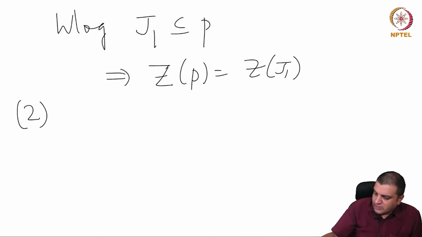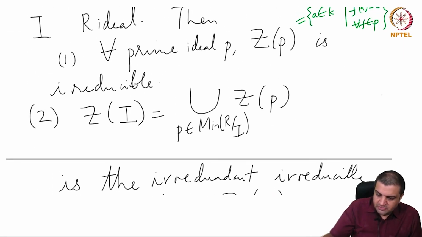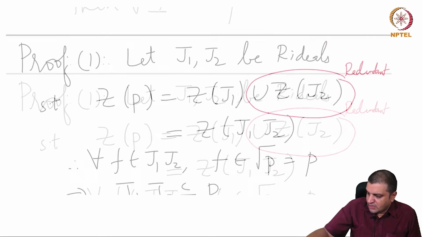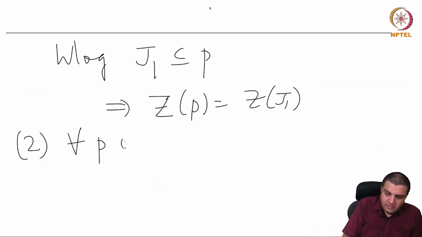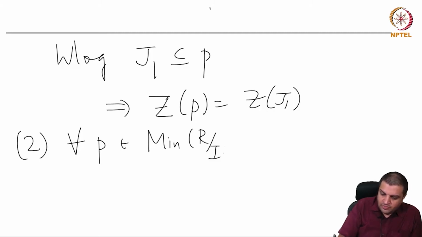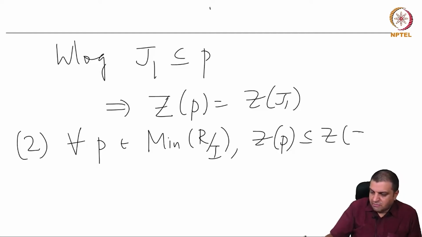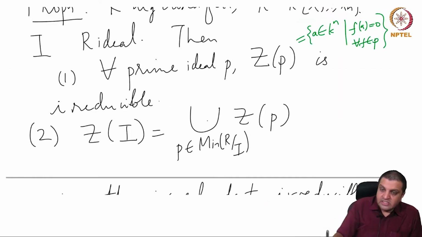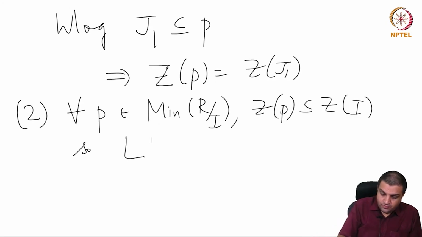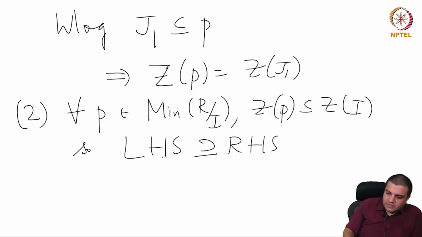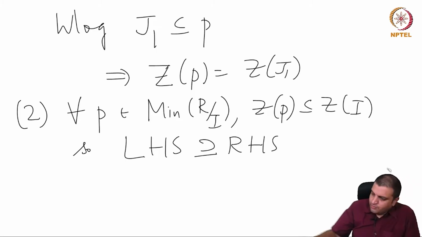So we need to prove that 2 sets are equal. Z of I is the union of these things. So one direction: for all P in min R mod I, Z of P is clearly inside Z of I. So the left hand side of the statement 2 contains the right hand side of the statement 2, and for the other direction,